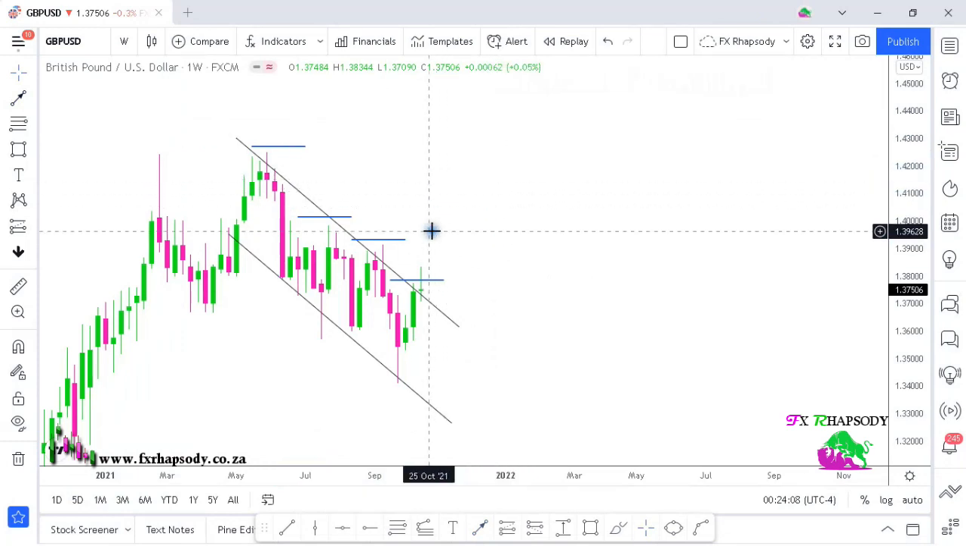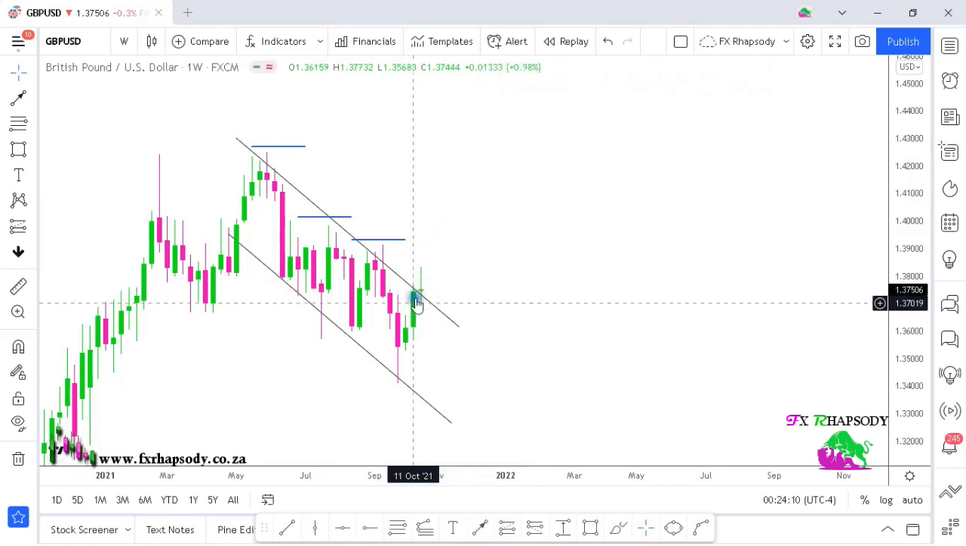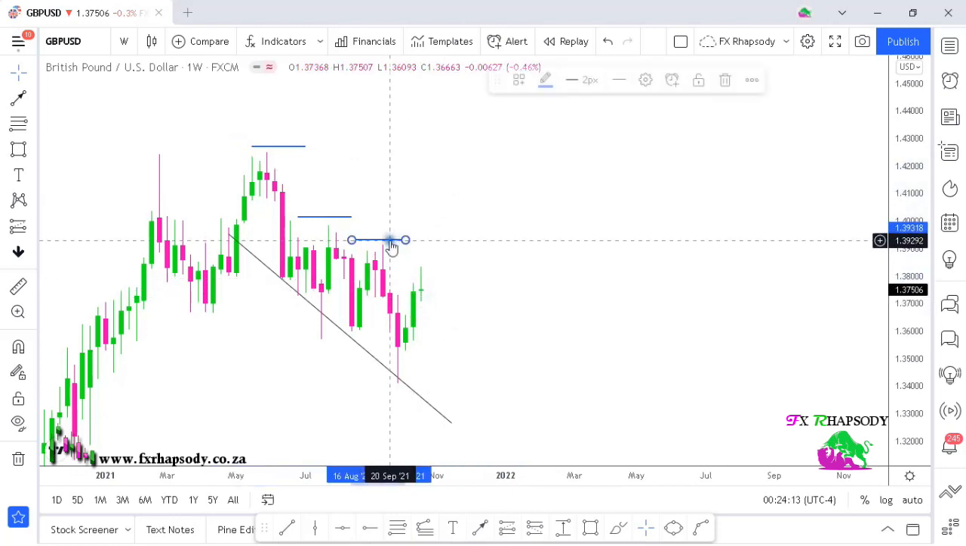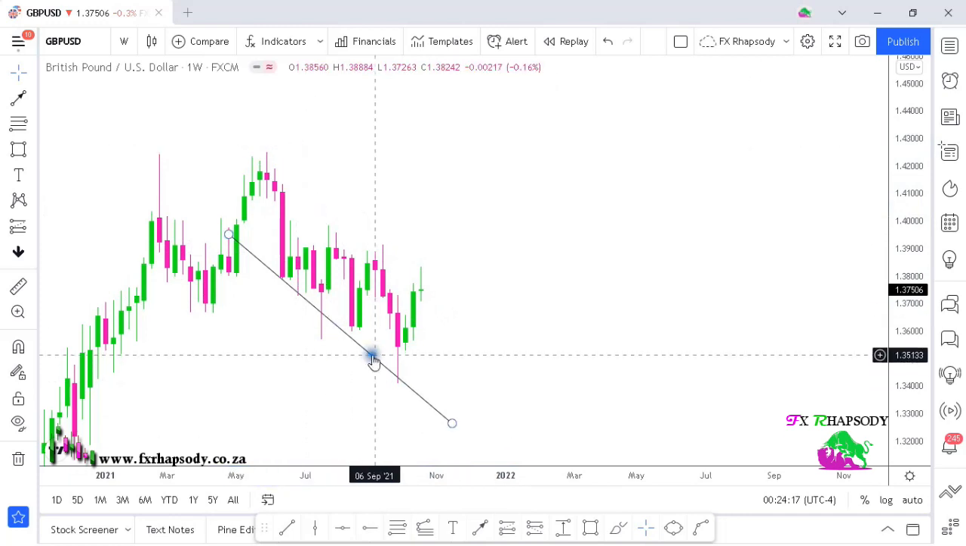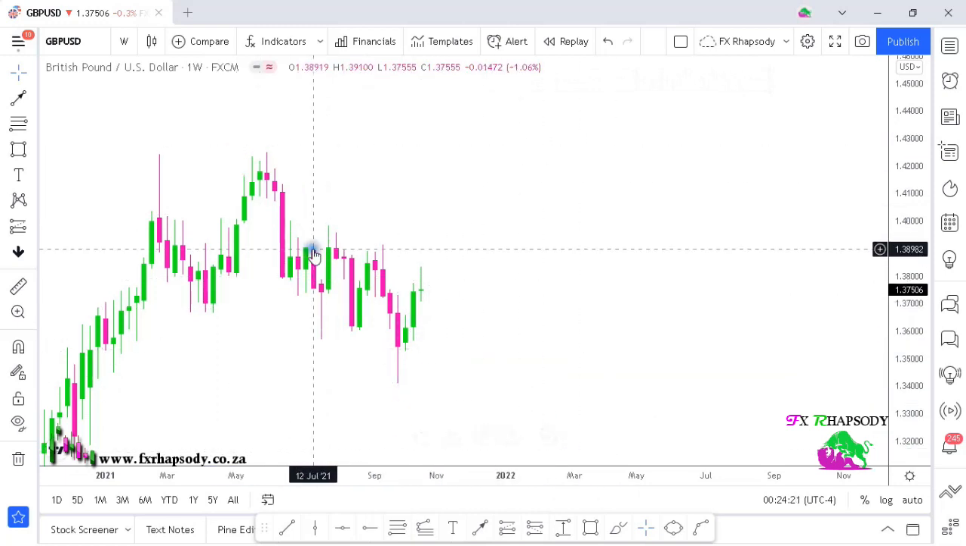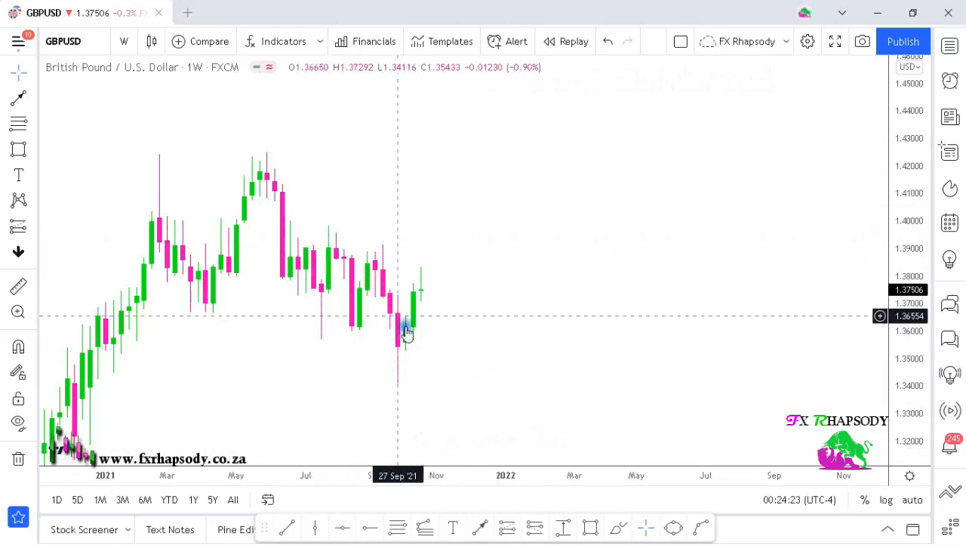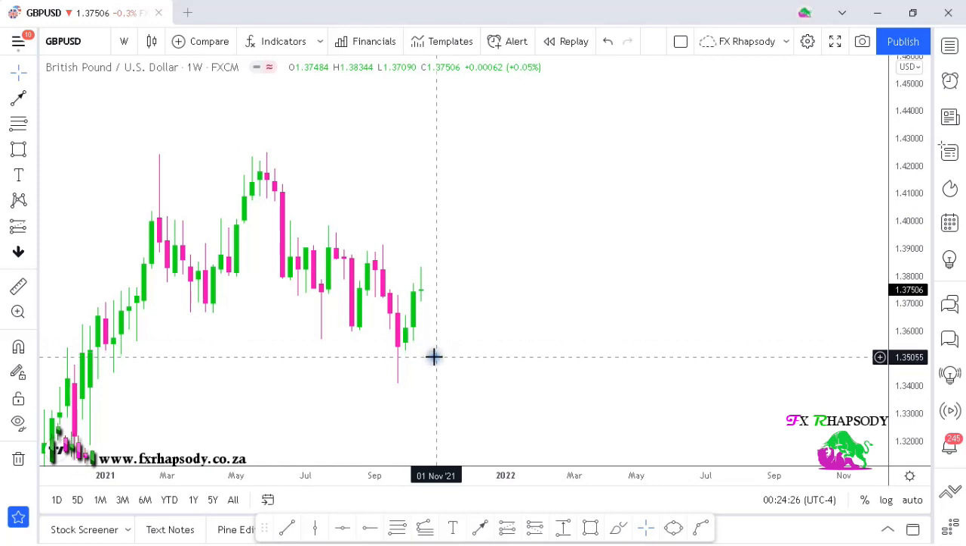There we go. So that's all the different scenarios. Price can also just fall back into that trend line, making it a false breakout, and fall and again carry on with a bearish movement to the downside. What we can also